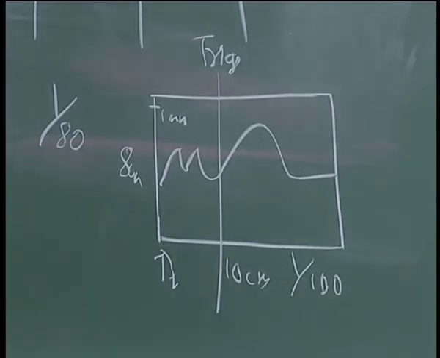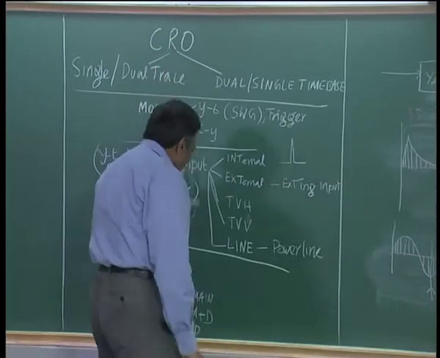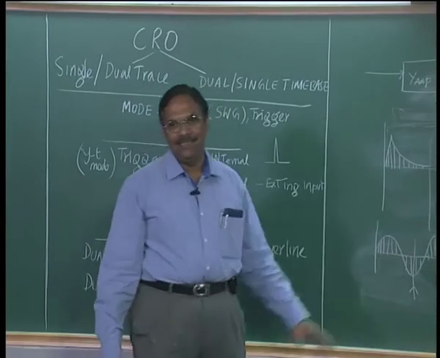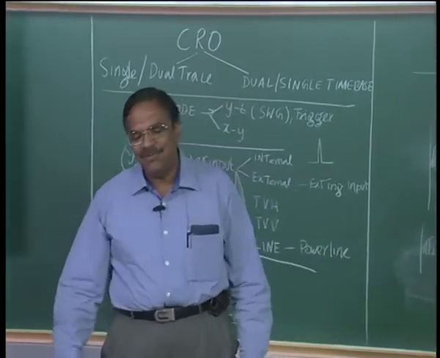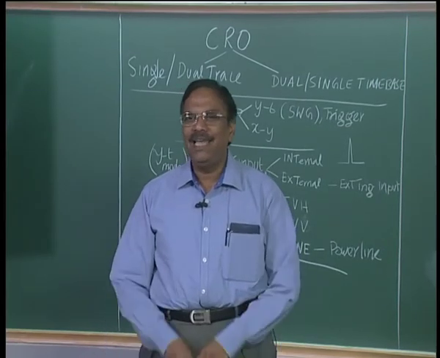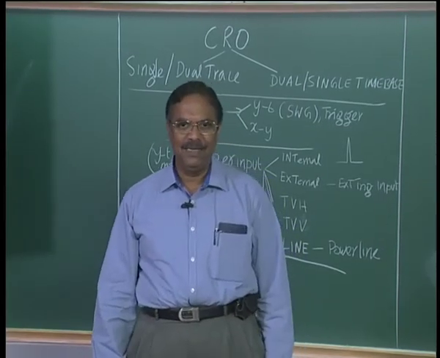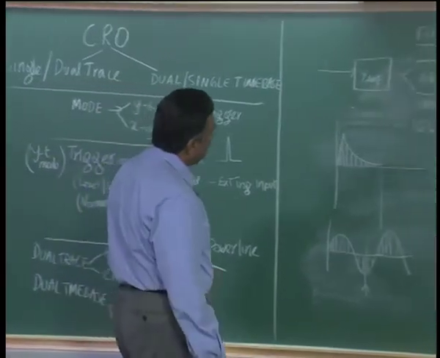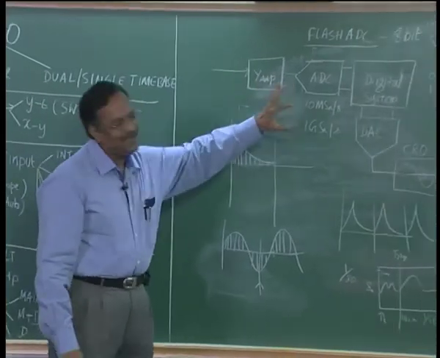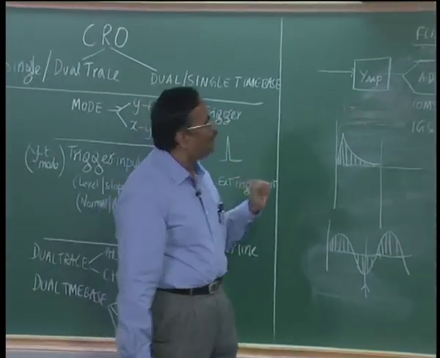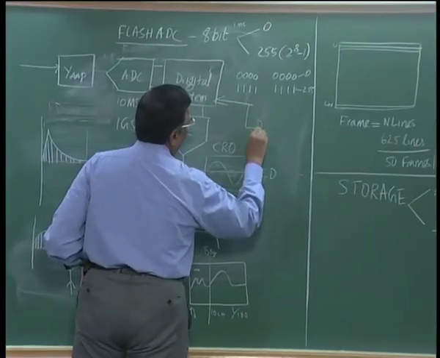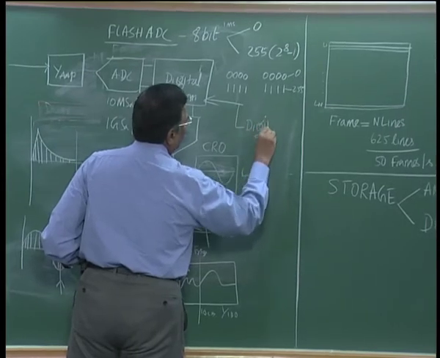Otherwise, the rest of the controls that you would see on an analog CRO, you will get on the digital CRO. All the decisions will be made on the digitized samples rather than on the analog input. And with the digital storage oscilloscope, because I have the digital system inside, I can also take in digital signals directly to the digital system.